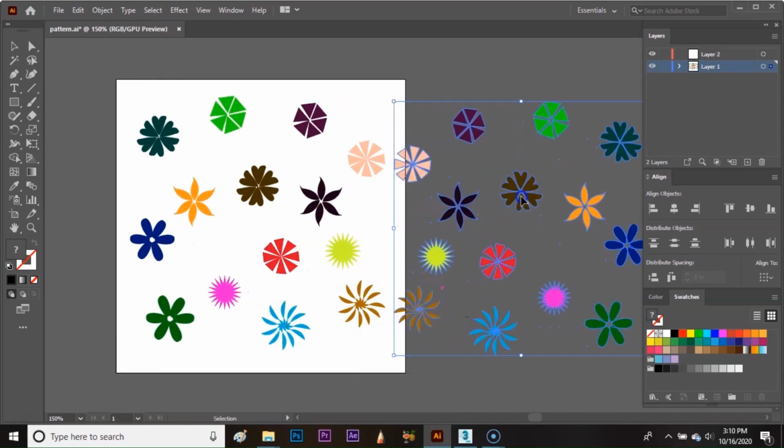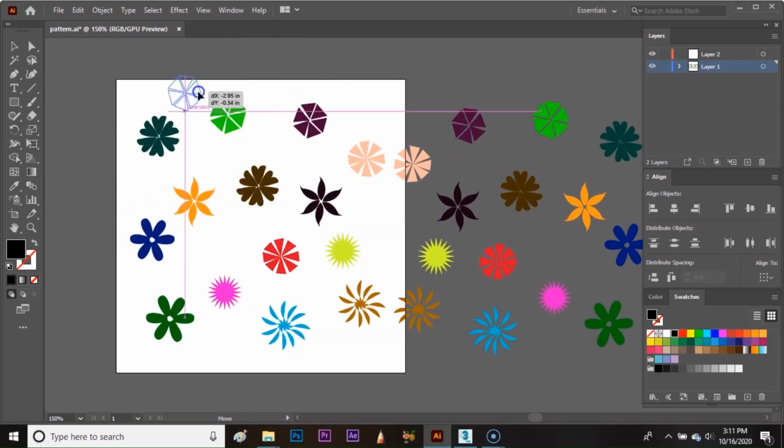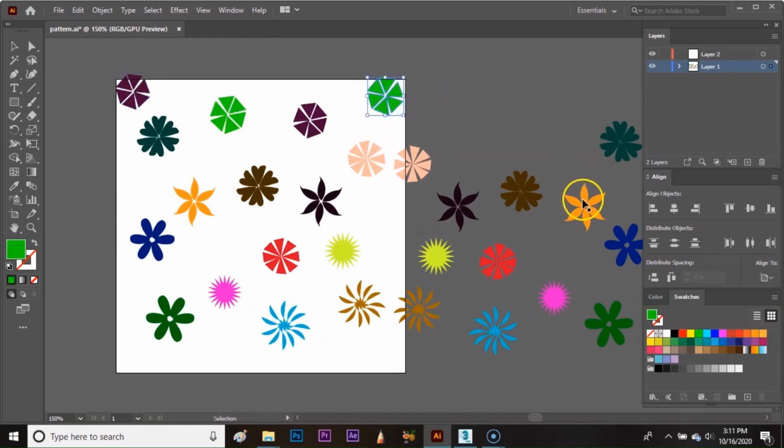In Illustrator, to make patterns, it is important to have items that hang over the edge of the artboard. So first I am going to add graphics on the top and then on the left side. I am going to add them here randomly, like this.